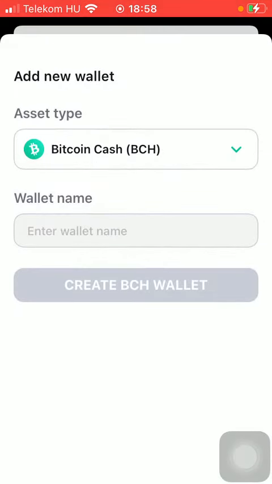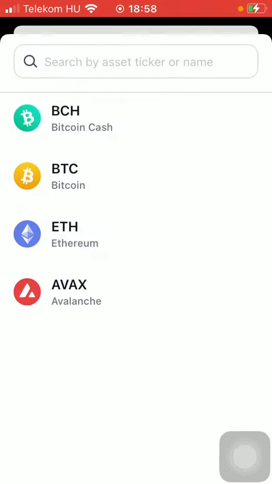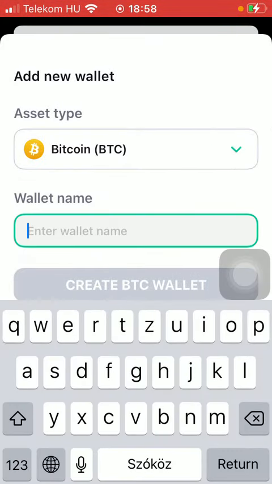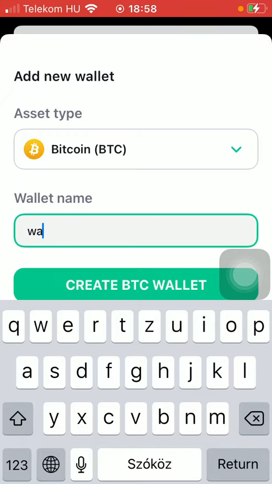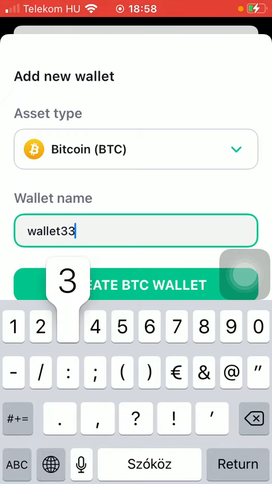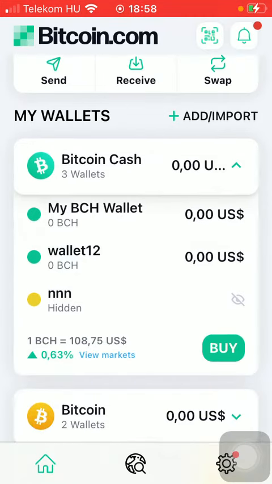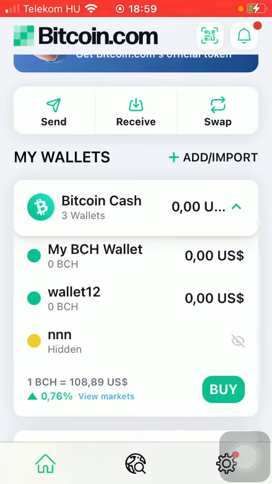Then you should select the asset type. If you tap on it, you can see that you have 4 options that you can choose from, so tap on the relevant one. Then you should enter the name of your wallet. Then click on the create button down below, and here if you scroll down you can see that you have